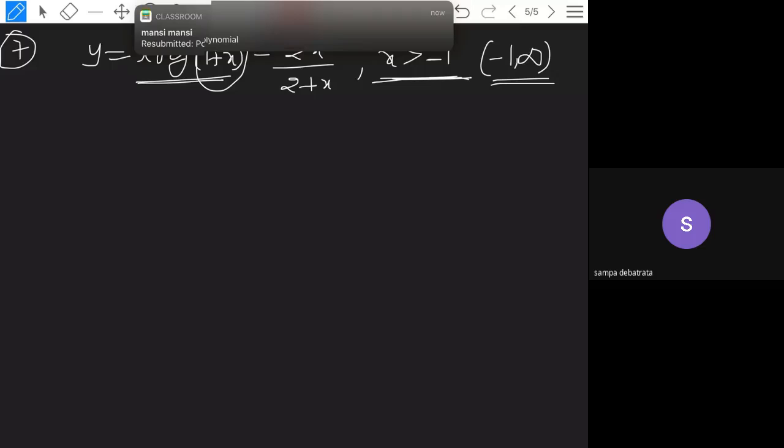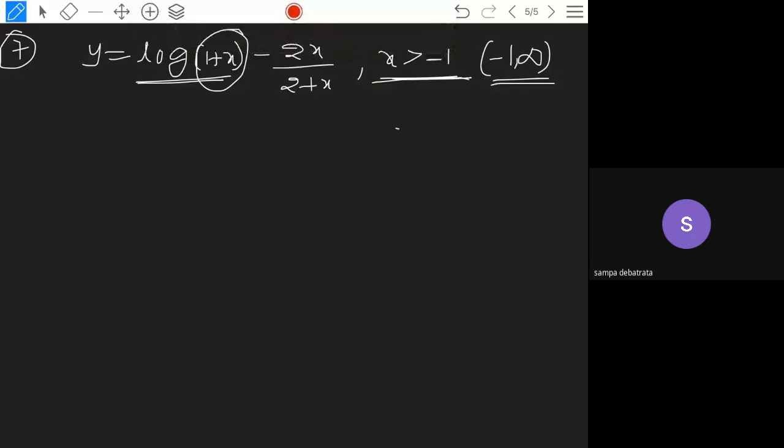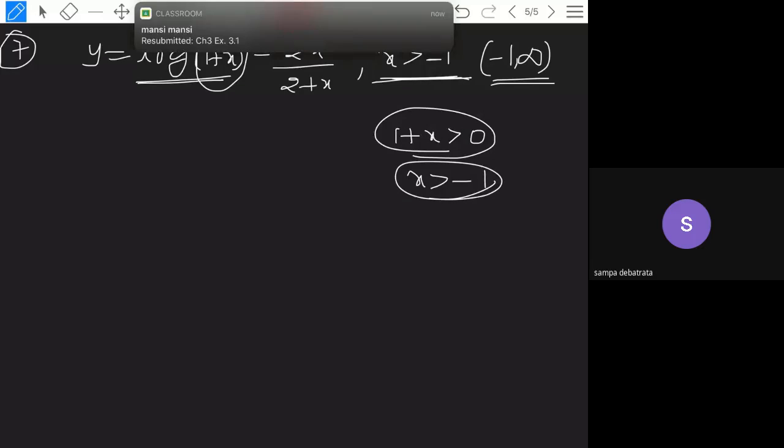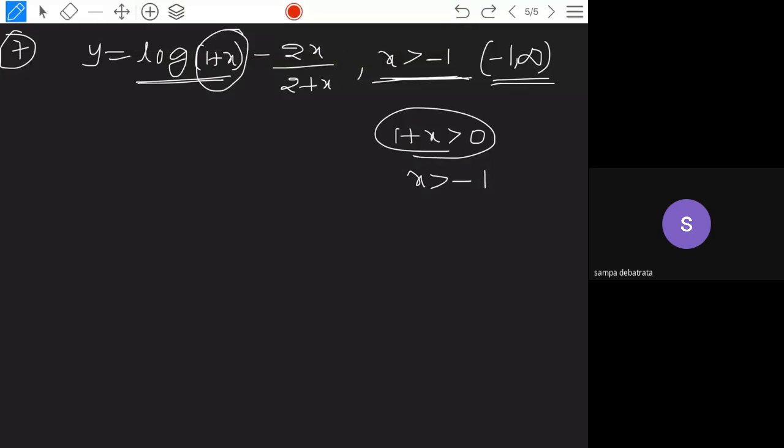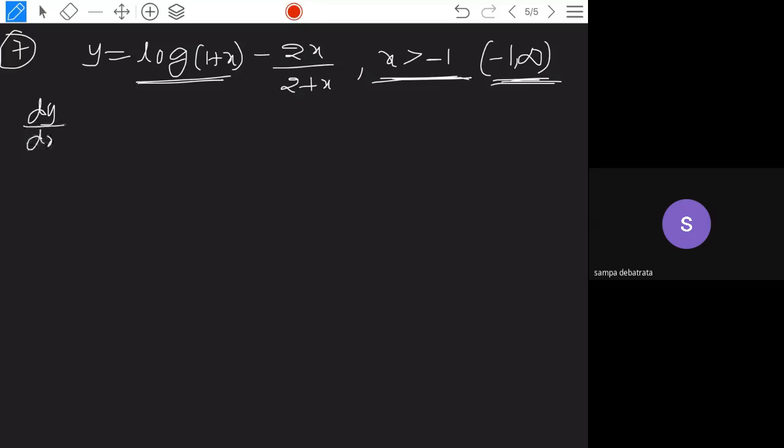So here, 1 plus x compulsorily should be greater than 0 only. So from this, x should be greater than -1. Even if it is not given, you can find out that the domain is this interval. Now, as usual, what you need to do here is find dy by dx. So dy by dx is 1 by 1 plus x